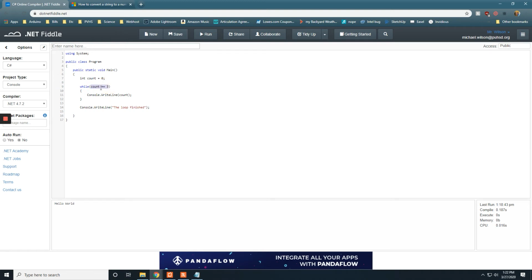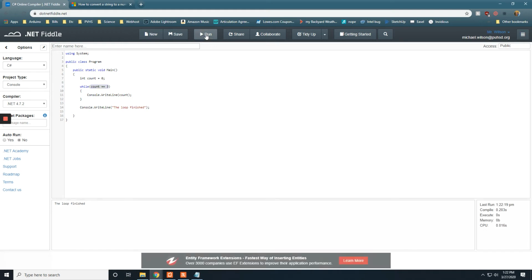Since the loop's condition immediately evaluates to false, it's not going to run anything in there at all, and it's going to jump down and say loop finished. Let's go ahead and test it out. I hit the run button, and sure enough, it says the loop has finished, and it didn't do anything inside of here. So what I might want to do instead is say, hey, continue running this loop as long as